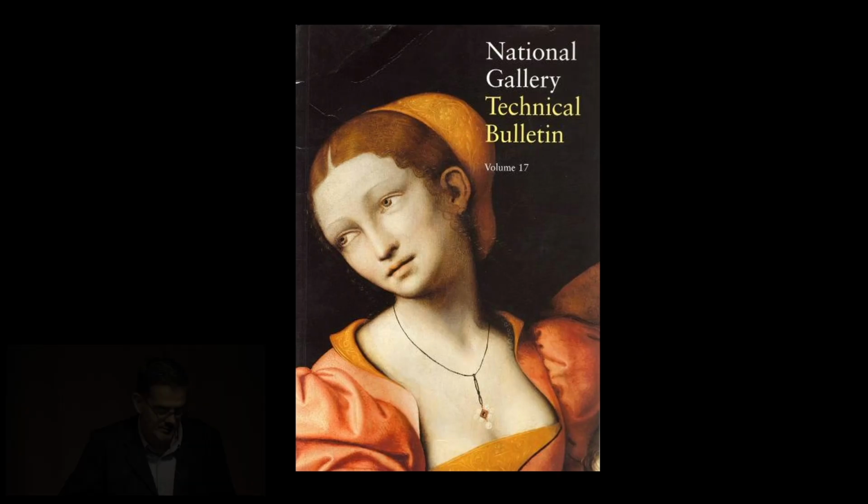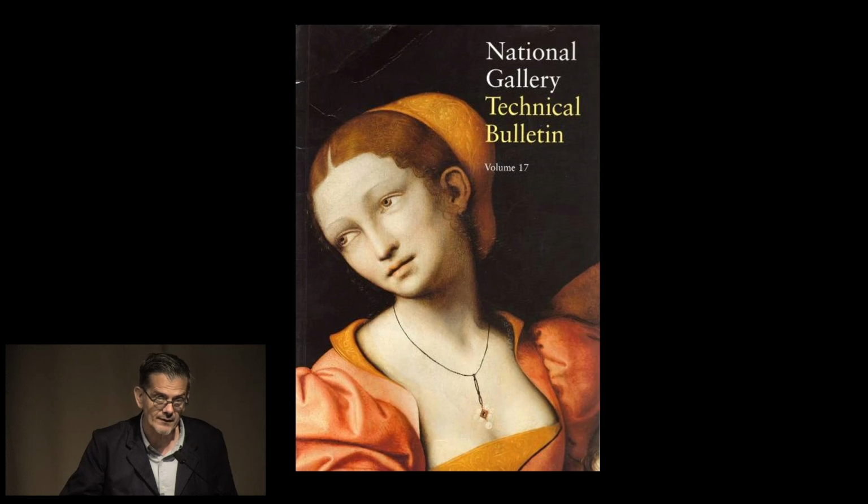And this work was essential. This exploratory work, this campaign of restoration, was essential to our understanding of artistic intent and painting techniques in the Virgin of the Rocks itself. So the treatment of the Leonardo panel represents the cumulative research and experience of many colleagues in the conservation, curatorial,